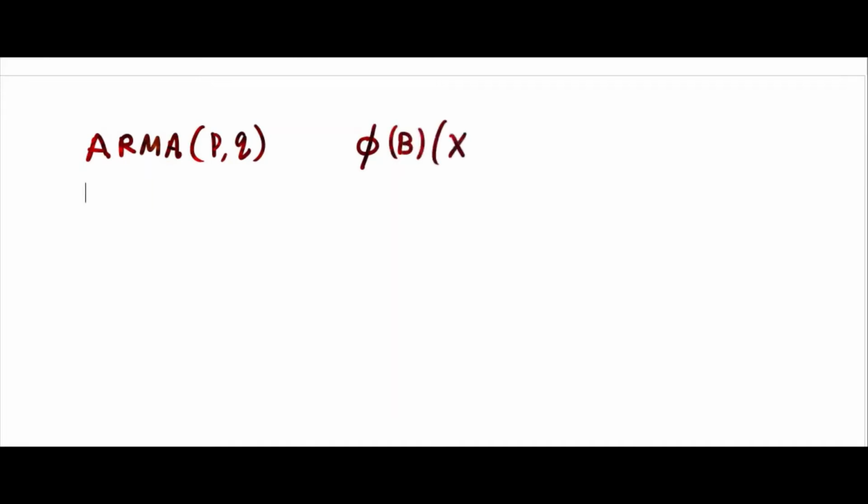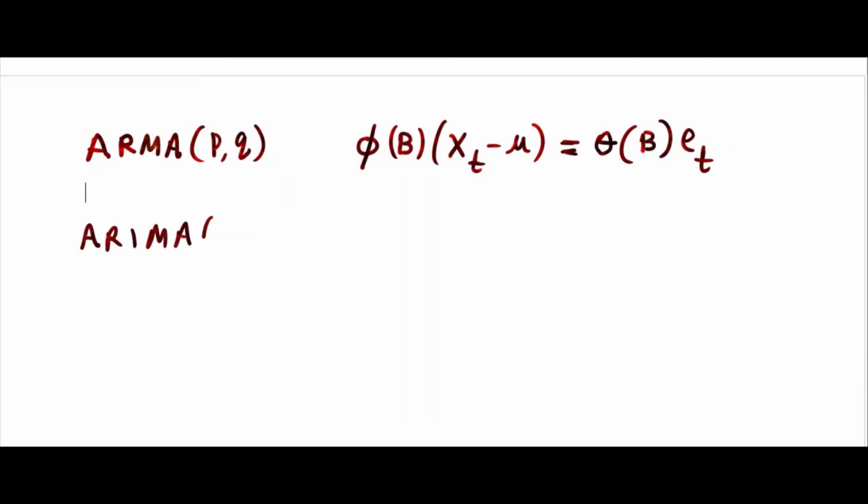xt minus mu. This is a polynomial, okay? Xt minus mu is equal to another polynomial, theta b et. This is ARIMA. Now if you go to ARIMA, suppose this will be a function of b, okay, whatever. If you want, I will write the full function here,